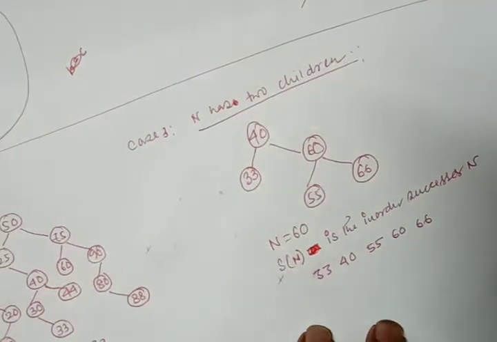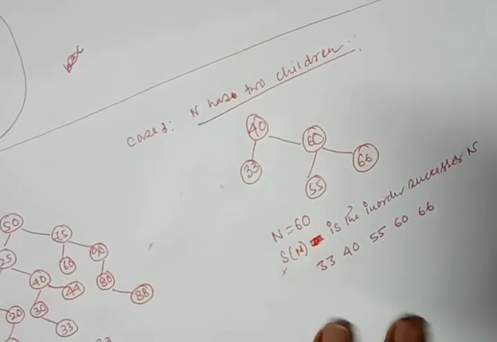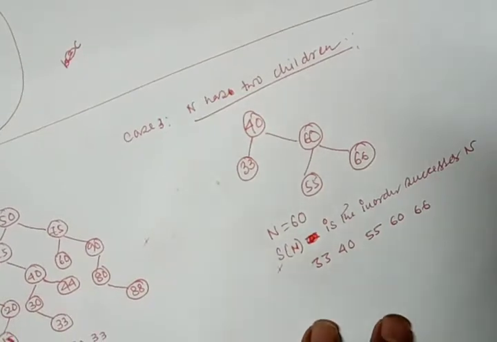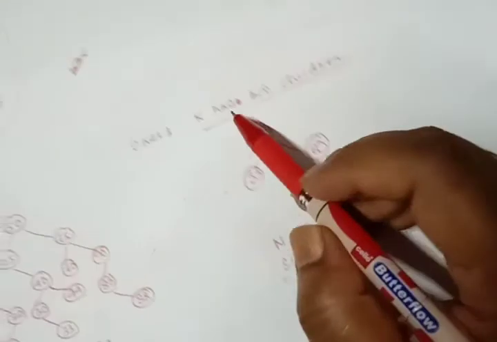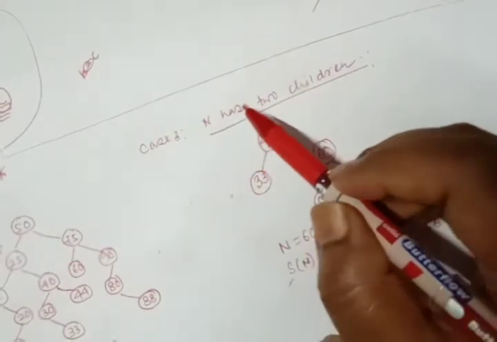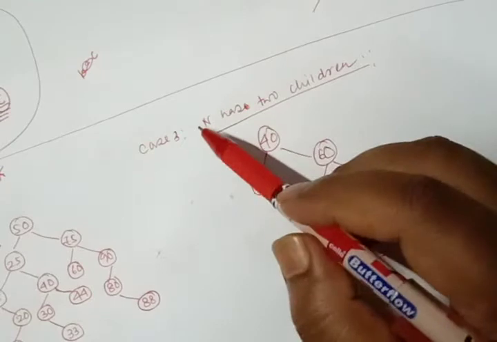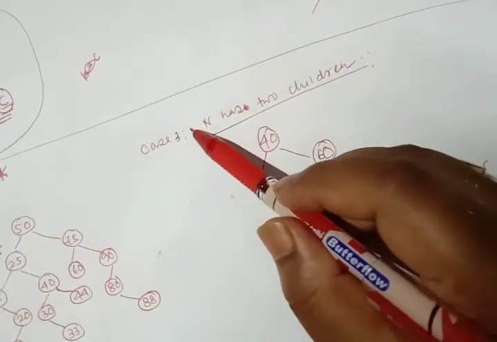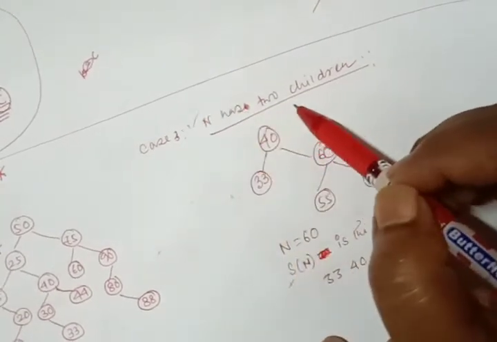Hello students. Due to some technical problem I could not complete my last video. So in this video I'll explain the remaining part which was left, that is, in case of deleting a node from the binary tree, if that node has two children,